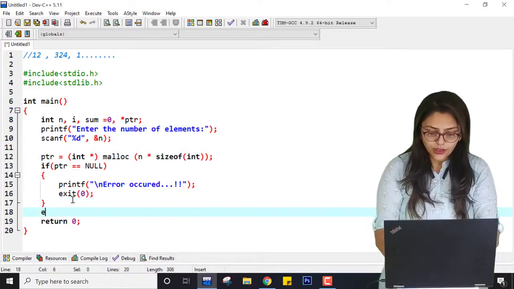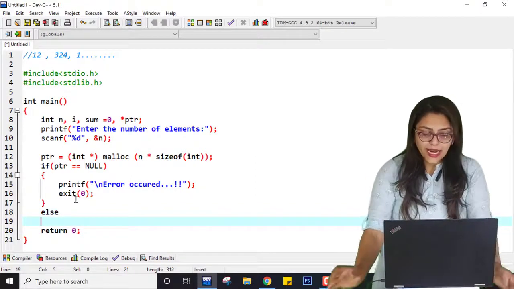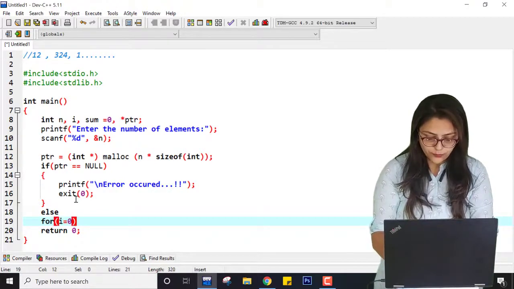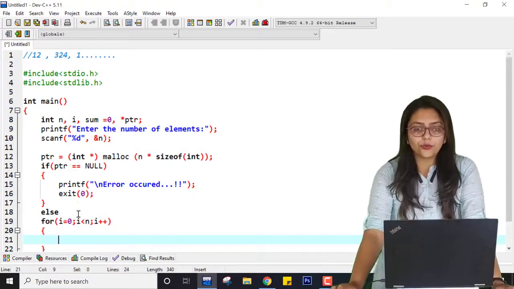But what if the block is assigned, and the value of pointer is not null? In that case, I'm going to run the loop for i equal to 0, i is less than n, i plus plus, right? I'm going to start with 0 up to n.